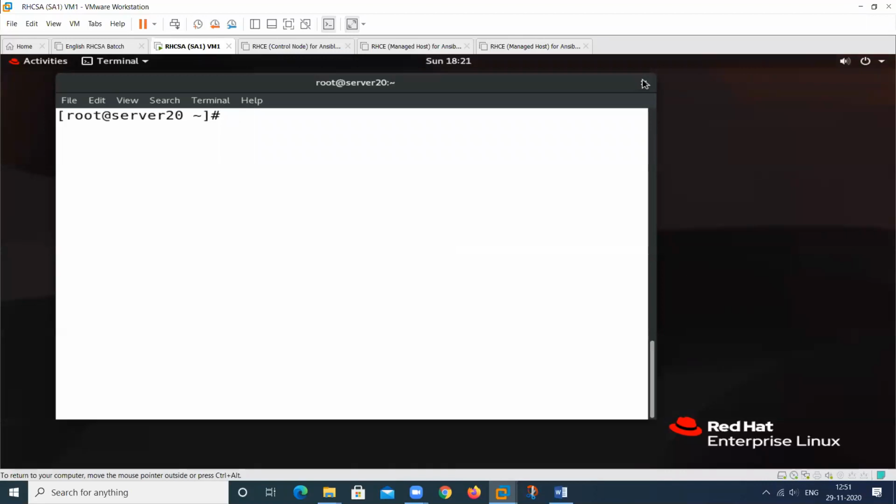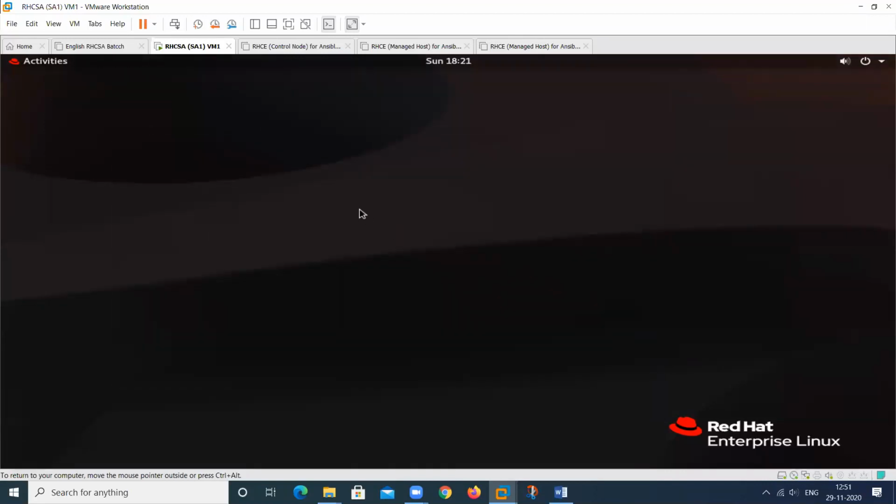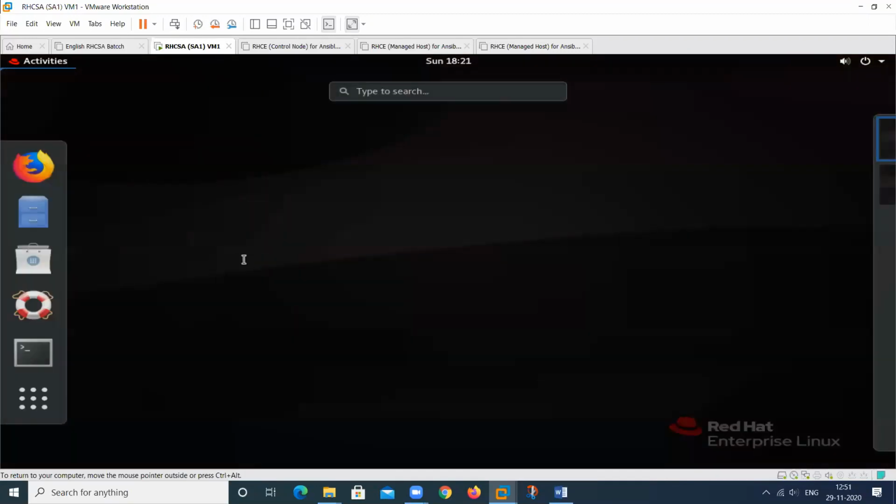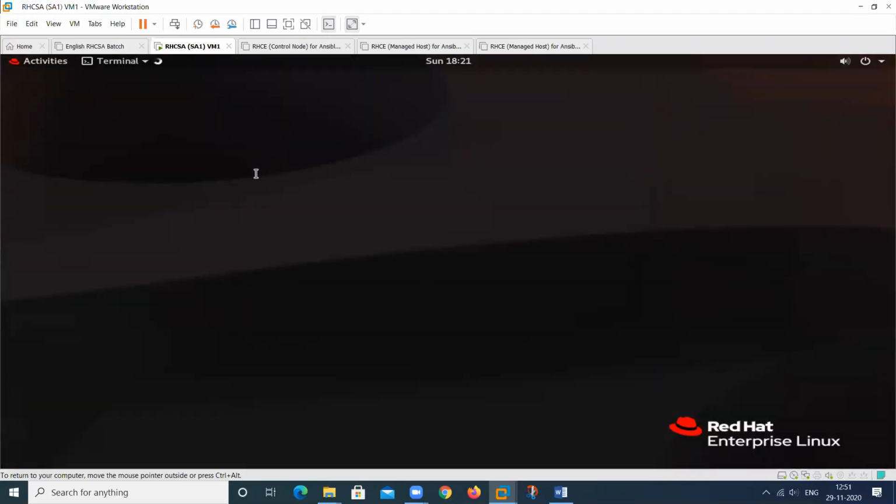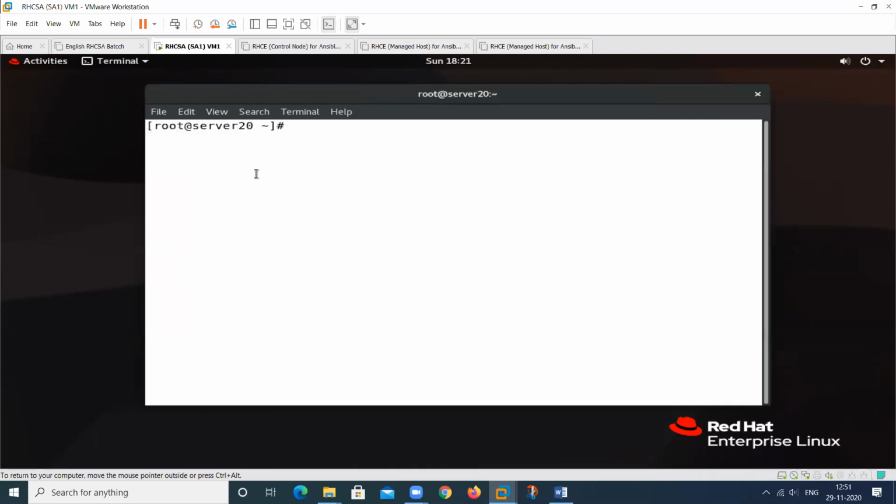So this is my desktop. On this desktop we want to work, so we require one terminal. So this is my terminal, but this terminal is only a virtual terminal. So how can I recognize whether this is virtual or physical? So this is the command. This command will show me this is your PTS 0. It means this is only the virtual console and this is your first terminal.